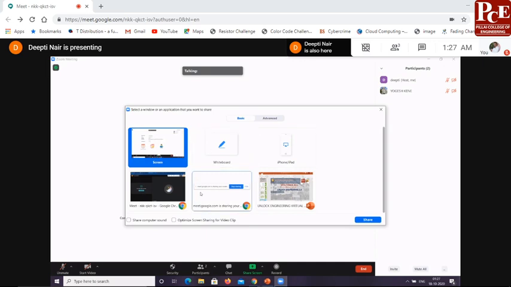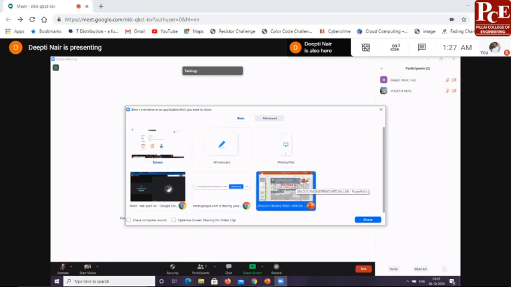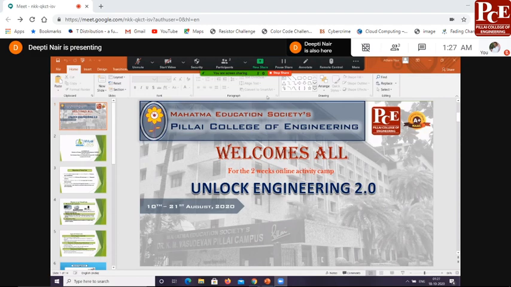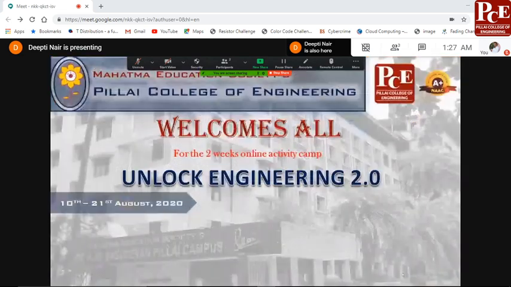Now, in this case, I am planning to present this one. So I will click on that. You'll see a blue border, and then I will press share. And then slideshow. So this is how you can share the screen.